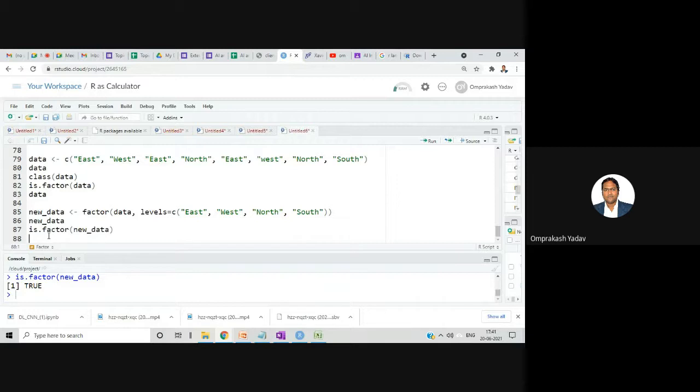For example, suppose you have 1,000 lines of records. Let's say we have collected data of different people, and we have mentioned the gender, with only 2 categories, male and female. It doesn't matter whether 10,000 lines of records are there, there will be 2 categories. This is what we are talking about, the factor.